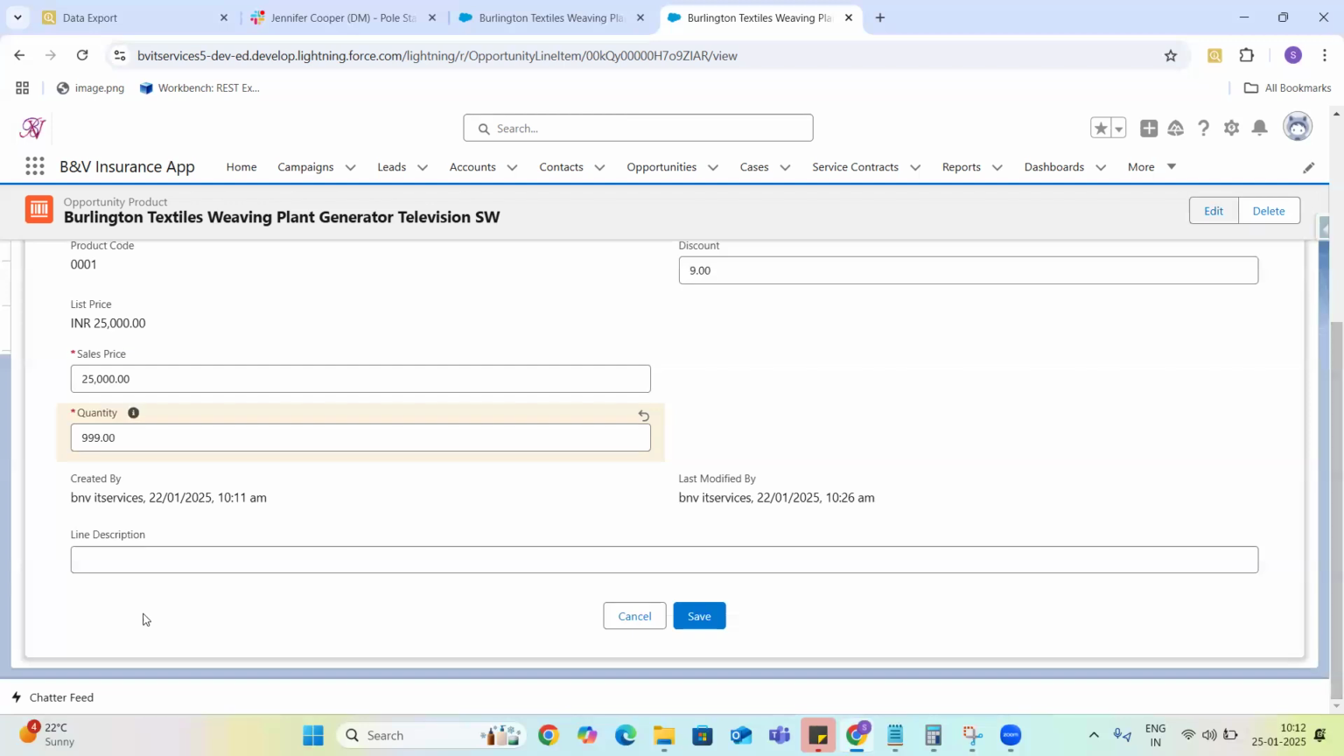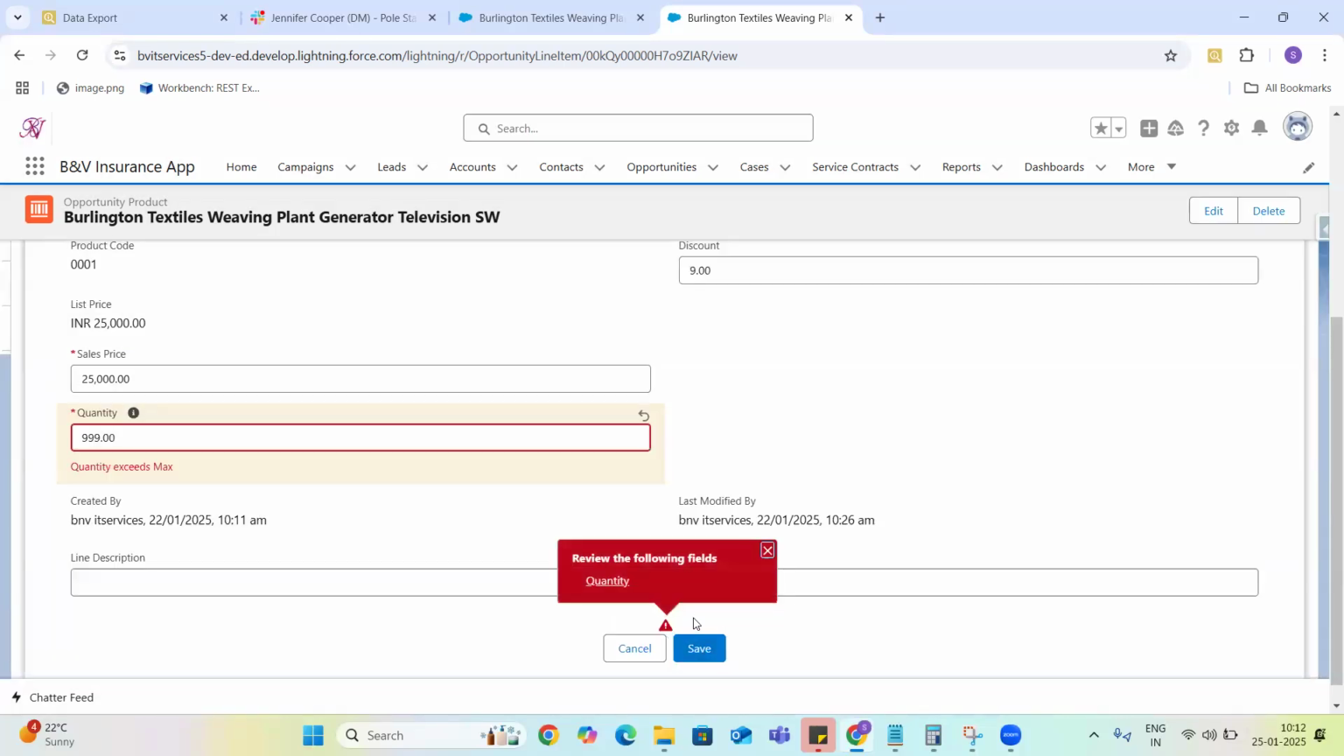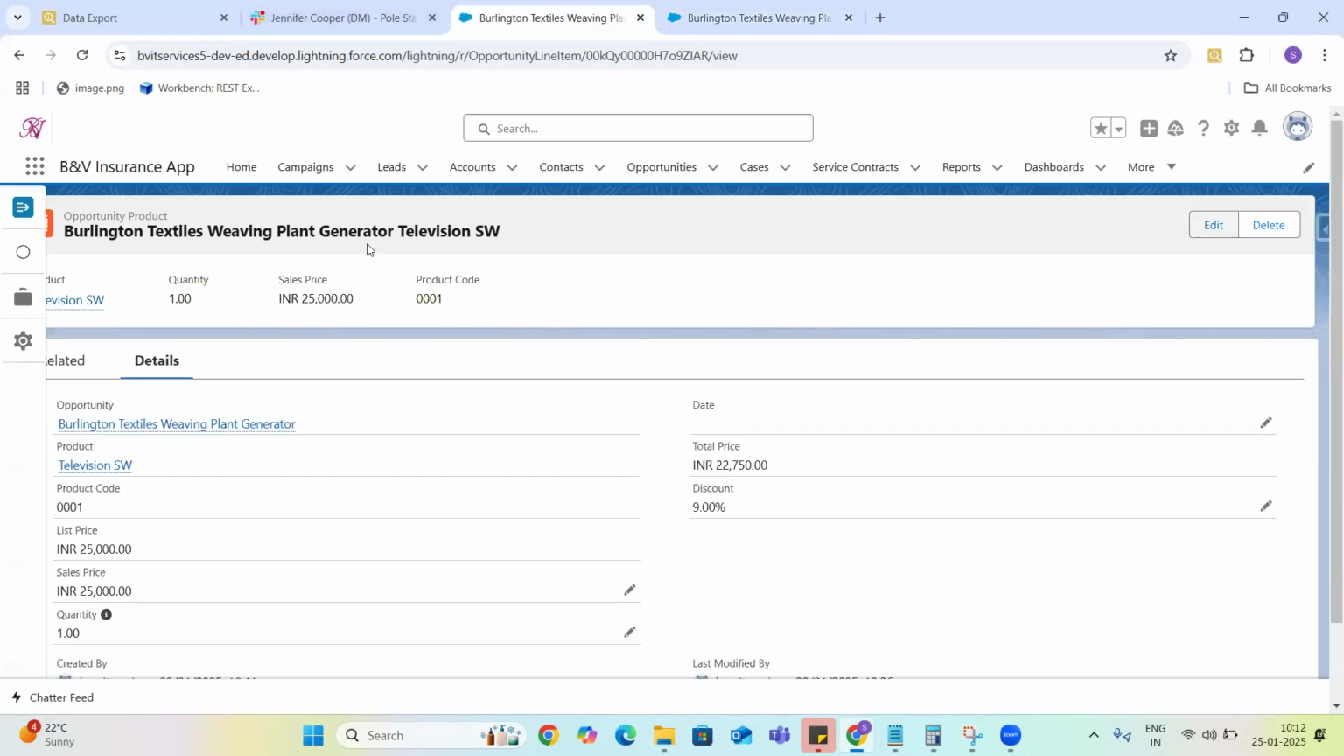So in case of quantity, when I'm trying to give less than 1000, it should not throw any error message because max quantity is 1000, but it is throwing the error message. So we got to know this error message is coming because of the validation rule. So the first thing that we need to do is go to the validation rules of this